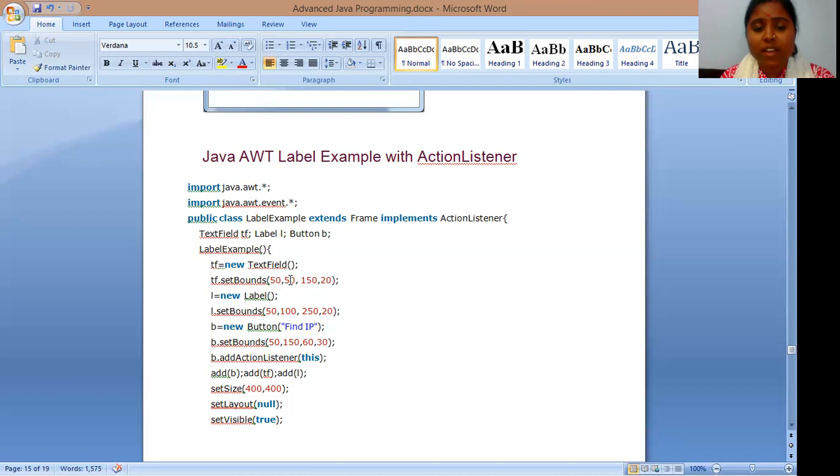TF.setBounds: the setBounds method is being called by the TF object, and we are passing 4 arguments: distance from the x-axis, distance from the y-axis, that is 50, 50, and the text field width is 150 and height is 20. Next we are creating the L object with the new keyword, allocating memory space to the L object: L = new Label();